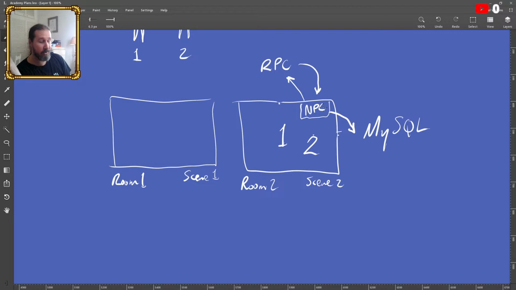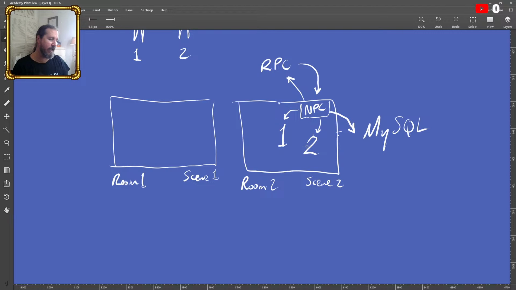This is kind of sounding weird, but if you know your RPCs and Photon PUN, you'll know what I mean. This NPC exists on 1 and he also exists on 2. The NPC for 1 sends the message, and the NPC for 2 receives the message saying that a change has been made. So when 2 goes up to the NPC, 2 will be able to find that the change has already been made. If 2 wasn't in the room, 2 will get that change from the MySQL.